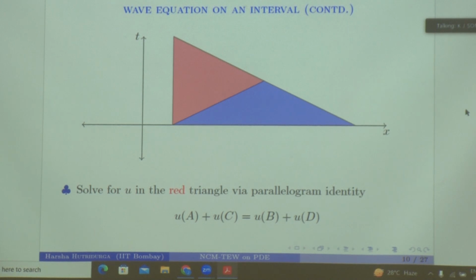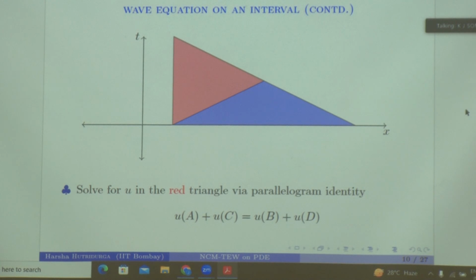Because on this boundary here, we know the values at these 2 points thanks to D'Alembert's formula. We have found the values at these 2 points. And here it is assigned. We are told that it is 0, this is the condition we have imposed, like u of a comma t is 0 for all t. So it is 0 here.